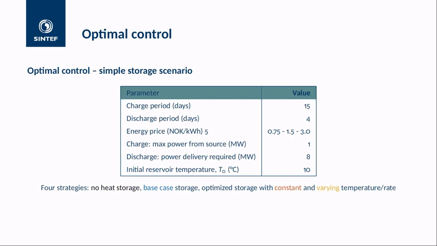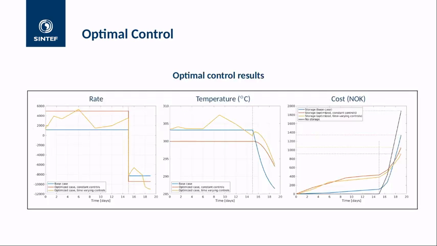So you have the choice of not storing energy. You have the choice of storing energy with a kind of reasonable setting, and then you can try to optimize the system by adjusting temperatures and rates. And in this case, with the optimization algorithm, which is also, by the way, automatic, so it's not like you have to tune these things yourself,